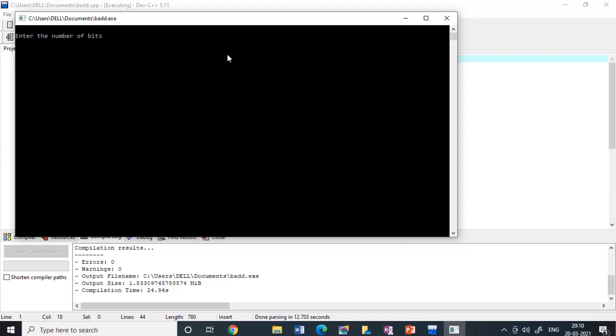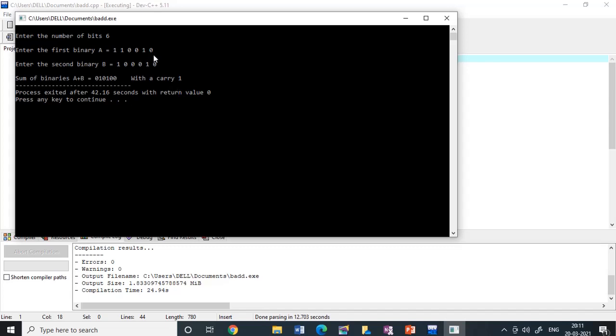Now enter another, say I am using a 6-bit binary. Now my n will be 6, so that every for loop will run 6 times. That's why I have given 6 here. Now let's say my number is 1 1 0 0 1 0, and my second binary is say 1 0 0 0 1 0. Now what is the answer you expect?